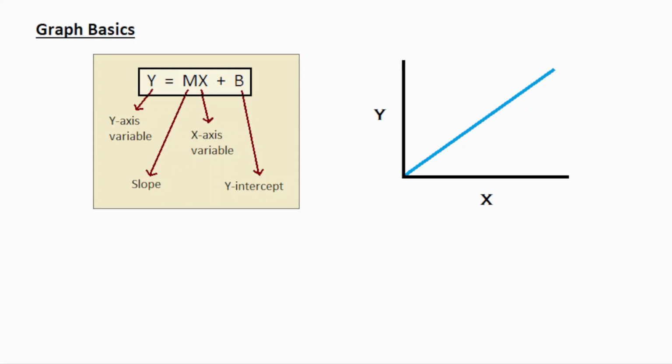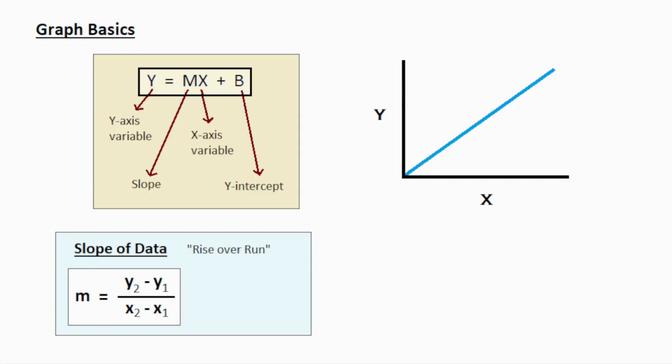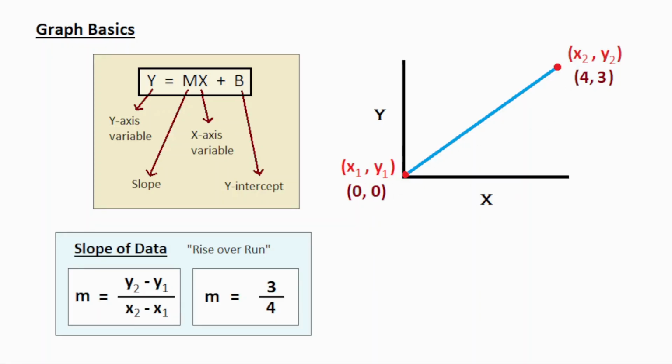From there, let's get into graph basics. Most graphs that you will attack in a Physics 1 course will be linear in shape, and therefore the slope-intercept form will be a good match. The y and x variables are what are being graphed. The slope is variable m, and the y-intercept is variable b. Calculating a slope will be important. That's rise over run, so the change in the y variable divided by the change in the x variable. So likely we'll be analyzing 2 points along the line. I've labeled some sample values as coordinates 0, 0, 4, 3, and I'll use those in my calculation as y2 minus y1, 3 minus 0, and then x2 minus x1, 4 minus 0,